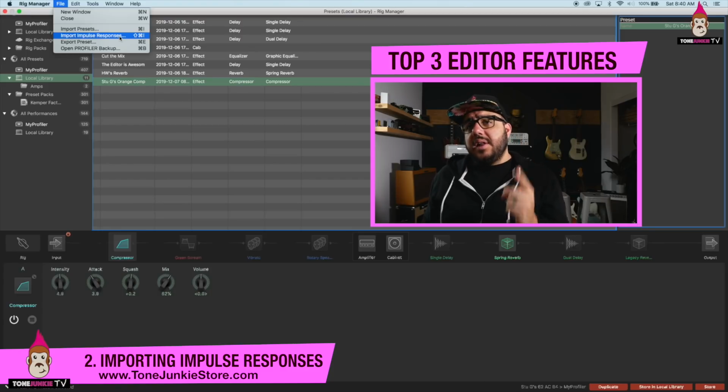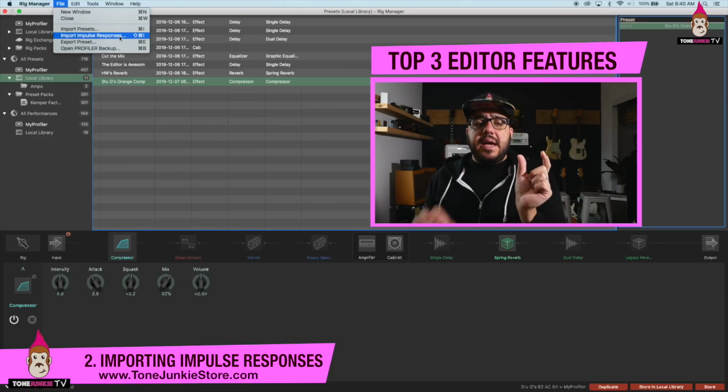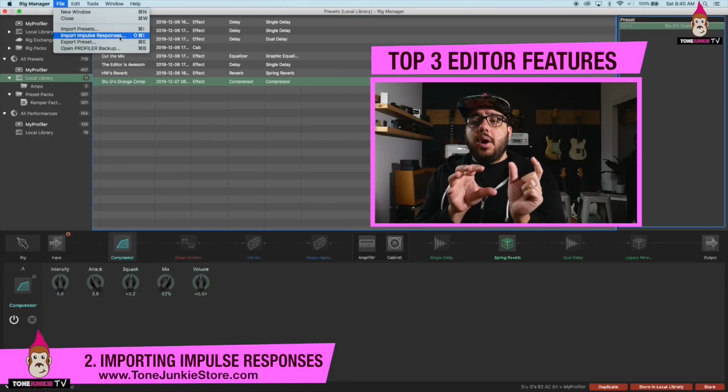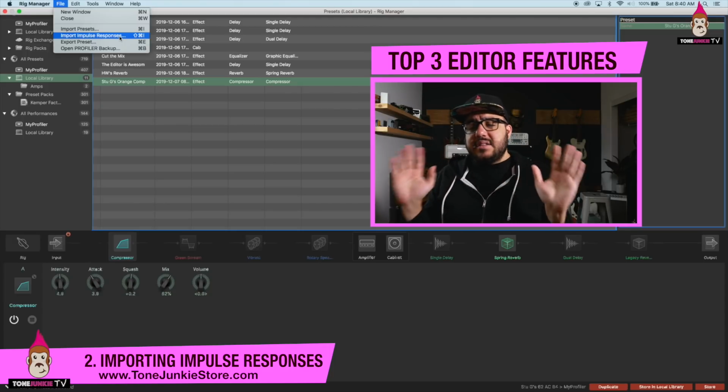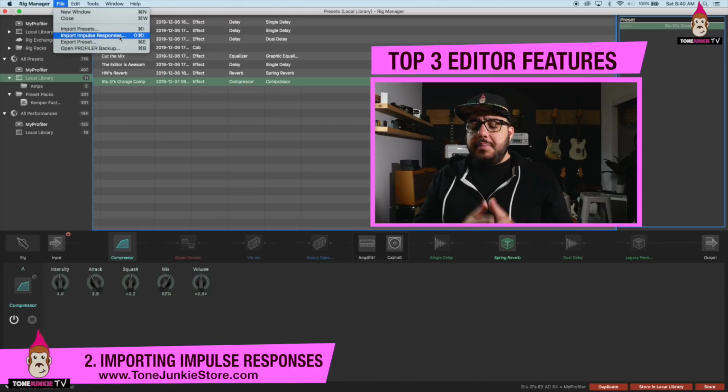One of the things I love about the Helix is being able to take that amp block and then pairing it with some IRs and dialing in which microphone I like and where I like that microphone. That's something we don't really do on the Kemper. I build in a lot of profiles, but how cool is it going to be to take all of those direct profiles that Tone Junkie's been putting into profile packs for about the last year and a half now, and